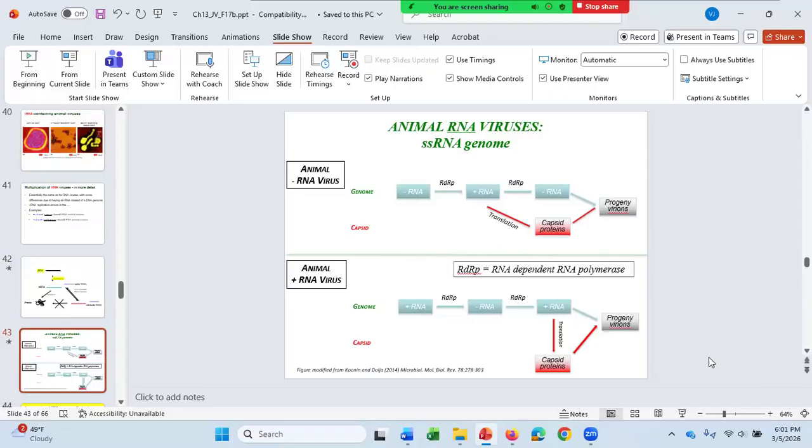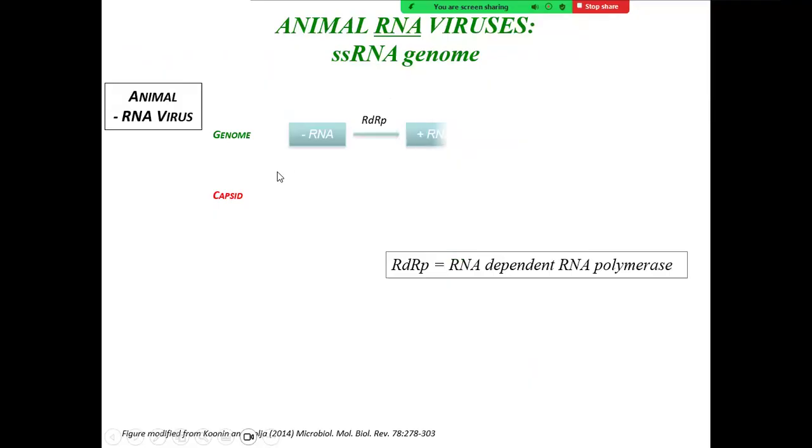All right, this is showing you a negative RNA virus. Let me blow this slide up. It will make positive single-strand RNA and use this strand as a template to make more genomic negative sense strand RNA. And now we have the negative sense genomic RNA made. You have to translate the positive sense RNA to make the capsid viral proteins, and the capsid viral proteins will get together with the genomic RNA, the negative sense RNA, to make the new progeny virions.